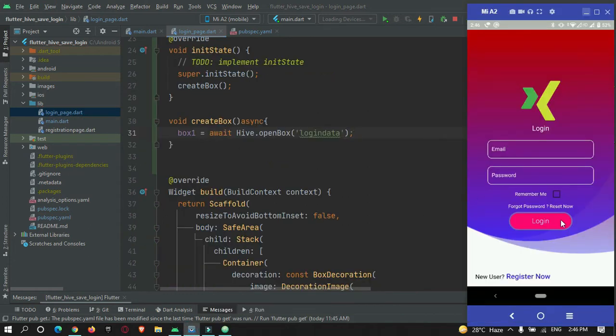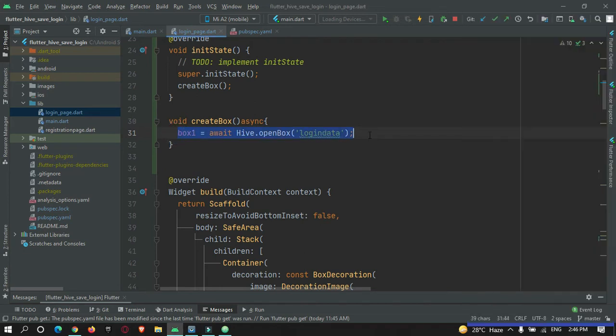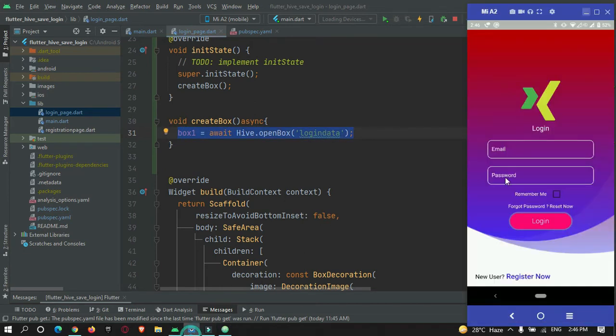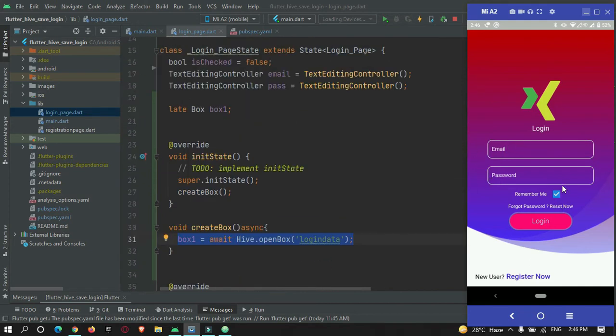Now whenever a user presses the login button, the data entered in these text fields I need to save in this box. Here as you can see I have a checkbox. If this checkbox is checked then I need to save this data, or else there is no need to save it.